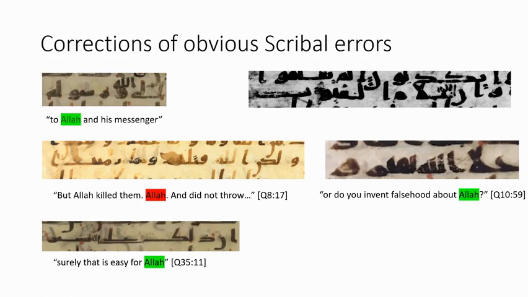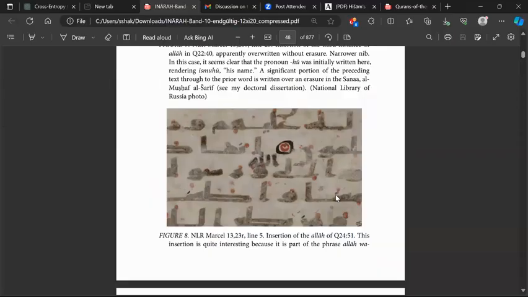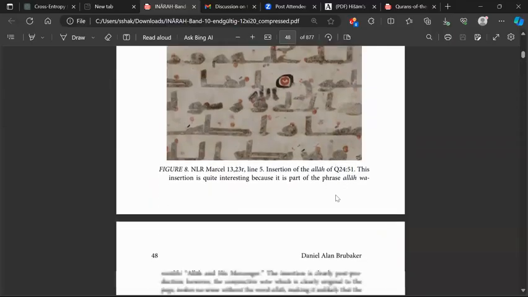Well, it could be that there's another word instead of Allah that was there, because there's a part underneath Allah that looks smudged. That could have been a word there. It could have been something else. No, that is the waw. You can clearly see that the picture I present is not that clear, but you can see. It's a waw, is it? Okay. Yeah, wait, I can show you Brubaker's presentation over here. Oh, yeah, it's a bit clearer there. Yeah, I can see it better in that one.